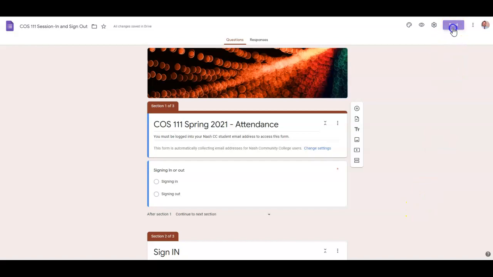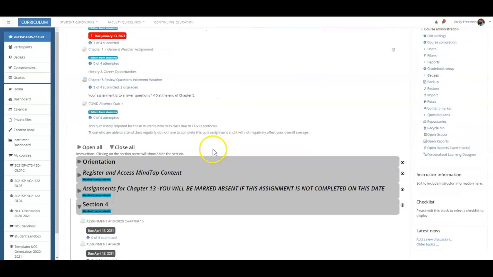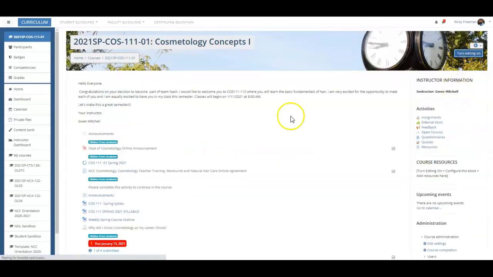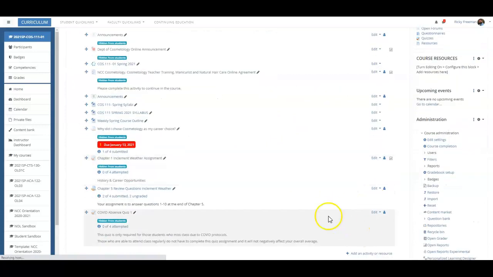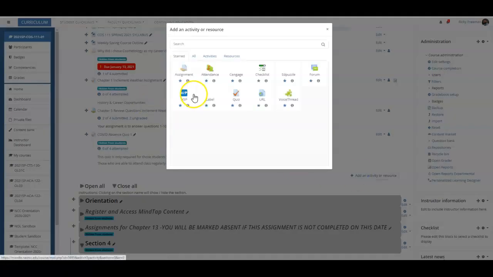To do that, I'm going to click on send. It doesn't matter if you shorten this or not, but I'm going to do it anyway because I just like shorter URLs. I'm going to copy this. I'm going to go into my course here, turn editing on, add an activity or resource, add a URL,